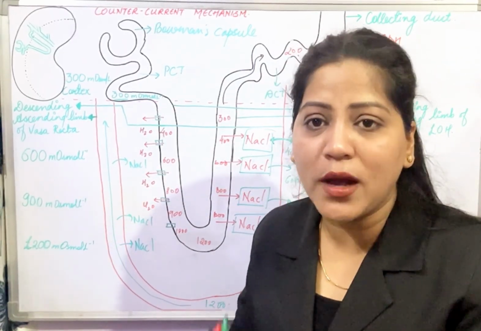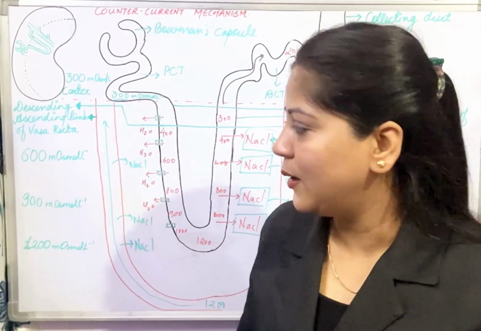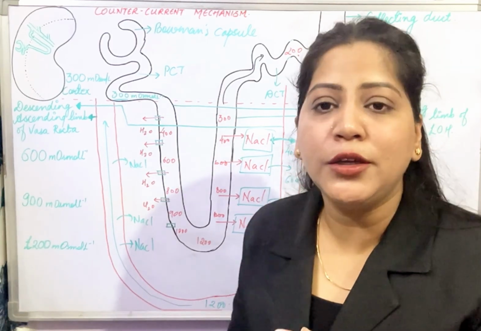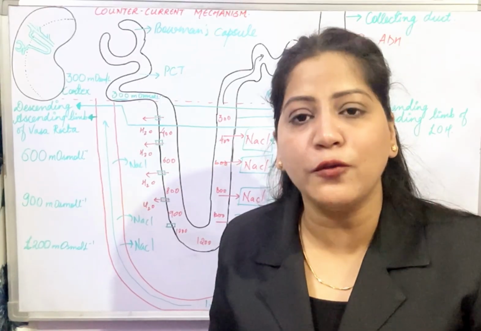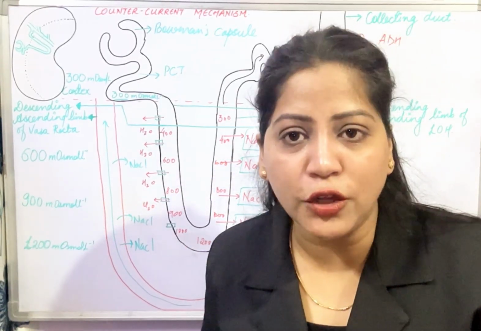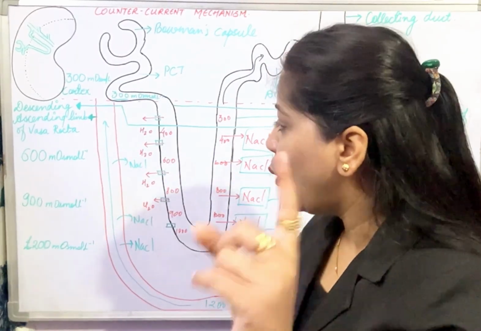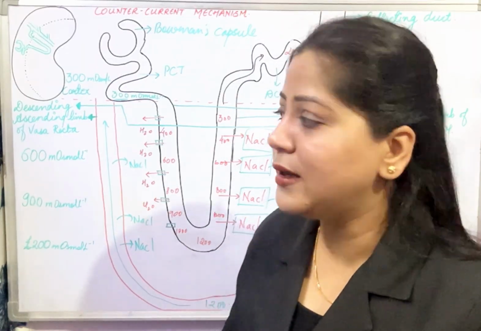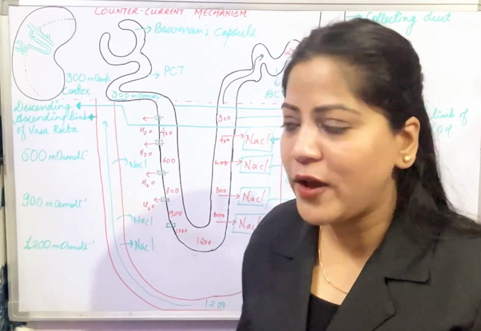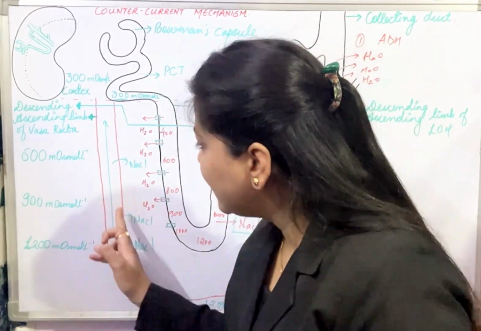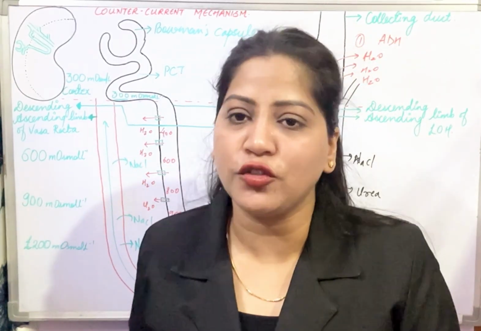which actually maintains the concentration gradient in the interstitial fluid of the kidney, right? So this was the countercurrent multiplier, which keeps on increasing the osmolarity of the filtrate to produce hyperosmotic urine, and to maintain the concentration gradient in the interstitial fluid of the kidney, what is helping? The vasa recta is helping. It takes all the NaCl from the interstitial fluid here, which was dumped by the ascending limb of the loop of Henle, and it will dump all this NaCl again into the interstitial fluid of the kidney in this region to maintain the concentration gradient.